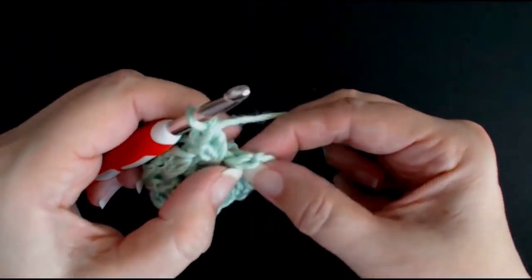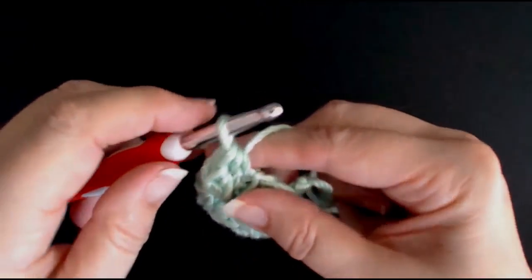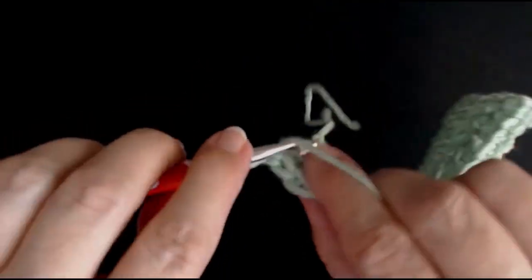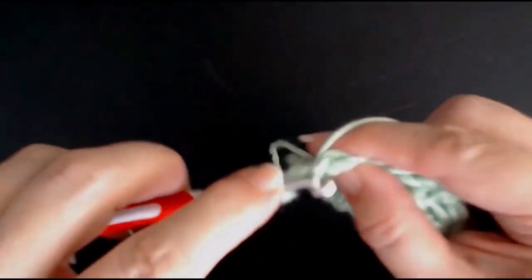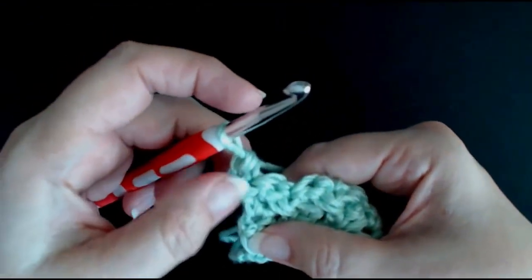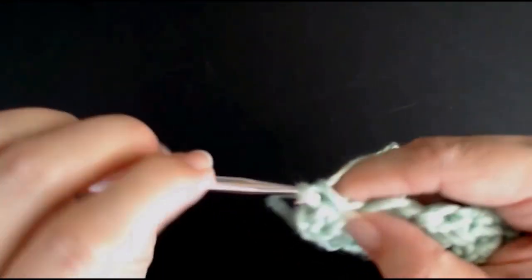So my last stitch is here. I'm going to do a double crochet into that last stitch, chain 1 and turn, and into my very first stitch, this one here, do your half treble crochet. So your last stitch will always be a half treble crochet. So here we go again. So double crochet into there,